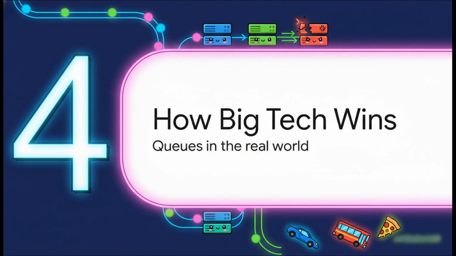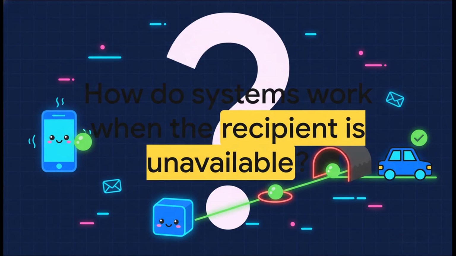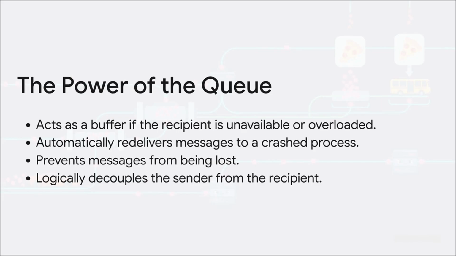Let's look at a perfect example you probably use every day. Ever wonder about this? You're booking an Uber, right? Your phone goes into a tunnel, loses service for a few seconds, but your request still goes through. How does that even work? It's because they use a powerful message broker, something like Kafka. When you hit Request Ride, your app doesn't talk directly to a driver. No, it sends a message to Uber's system, and that message is immediately tucked away safely in a queue. So even if your driver's phone, the recipient, is temporarily offline in that tunnel, the queue just holds on to that request. As soon as their phone gets a signal again, boom, it pulls the message and gets the ride. No data is lost. The sender and the receiver don't even need to be online at the same time.